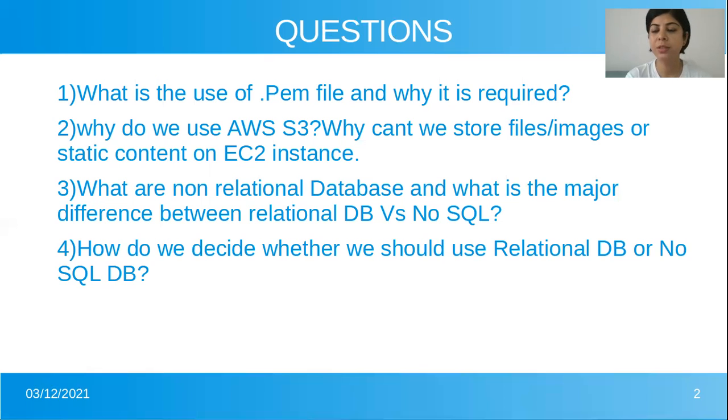A relational database is a database in which the data stored in one table, suppose table 1, and other data stored in table 2, have a connection between them. Suppose, for example, one table is about employees and the number of leaves they have taken in a month, and the other table is employees and their salary per month. These two tables are connected to each other with respect to the employee. The employees' information is stored in two different tables. So this is what we call a relational database.